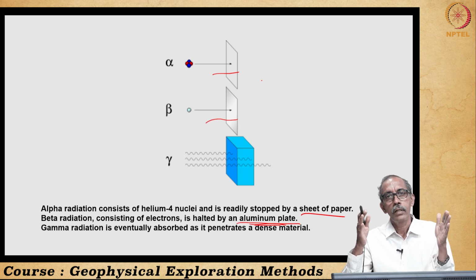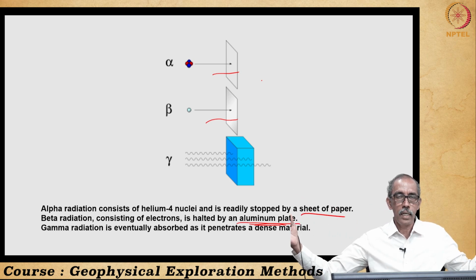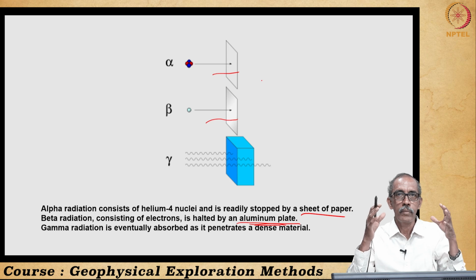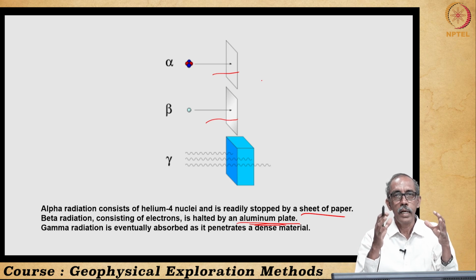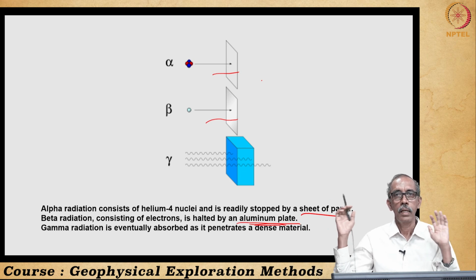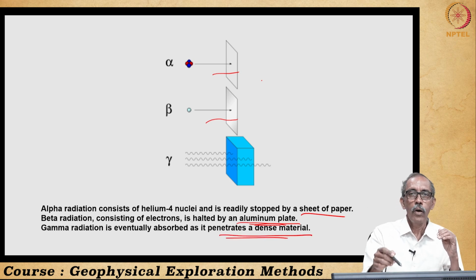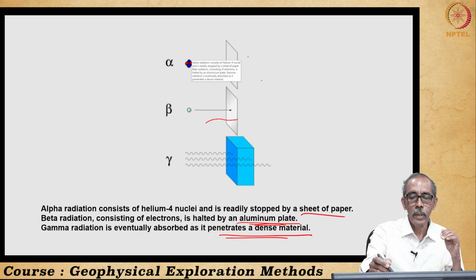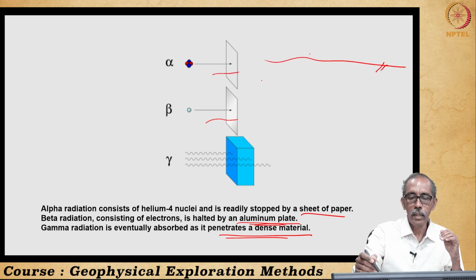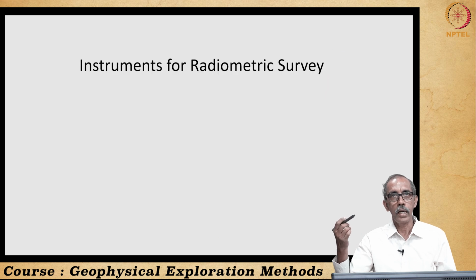That is why today in nuclear power plants we use a very thick concrete shell around the inside, the reactor is within maybe a lead vessel which is also covered by a thick, maybe 1 to 1.5 meter thick concrete shell, right. So, that is to prevent radiation. So, out of this, since this may not reach the surface of the earth, alpha will not reach, beta also may not reach, only gamma radiation can reach the surface of the earth from the subsurface. So, gamma radiation is generally measured in radioactive methods.